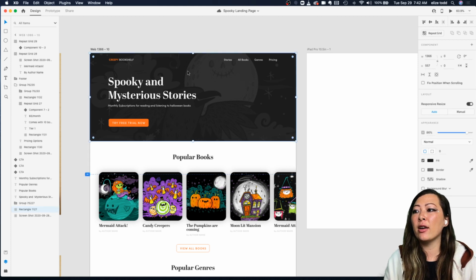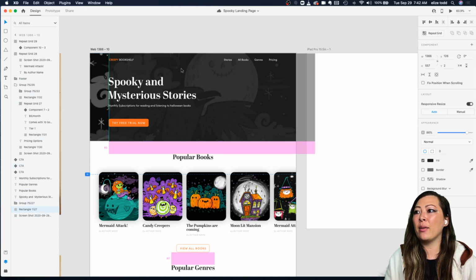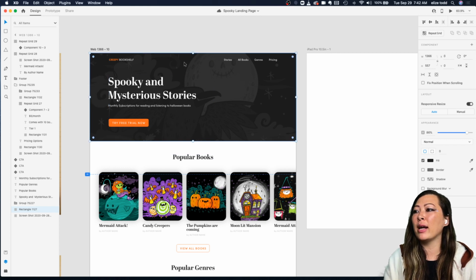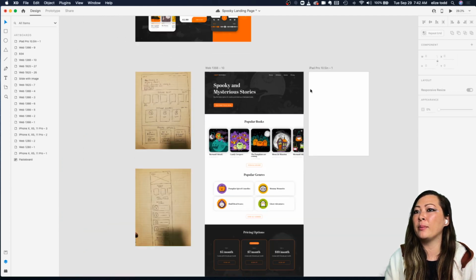So I'm just going to mention here, I'm going into my actual layer by selecting this layer, and now I can see it in my layers panel. This is where all my layers are. Everything that is on my artboard is here. So I see, okay, great, that's there. I have this little rectangle. I'm just going to move it aside so I can see the other background layer here. So that's here, the screenshot in the background. So I want to bring both of these two layers into my